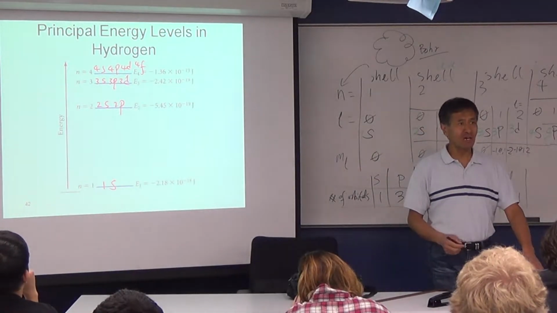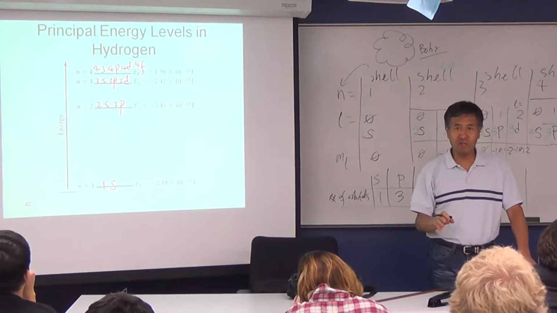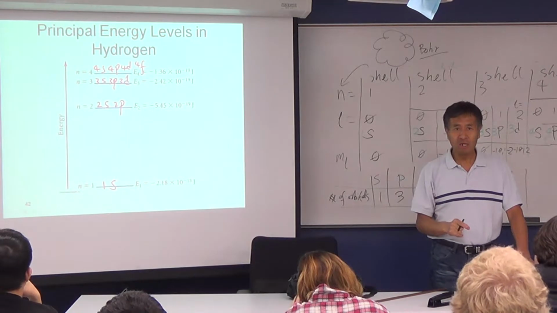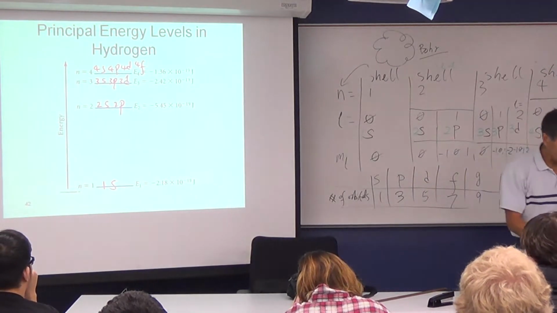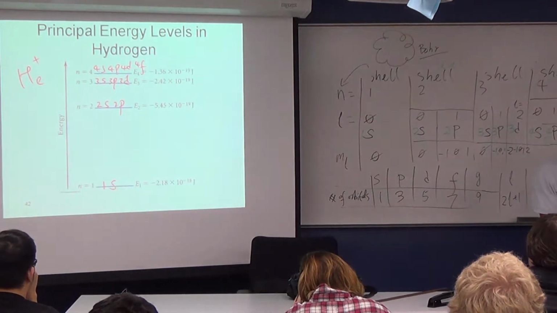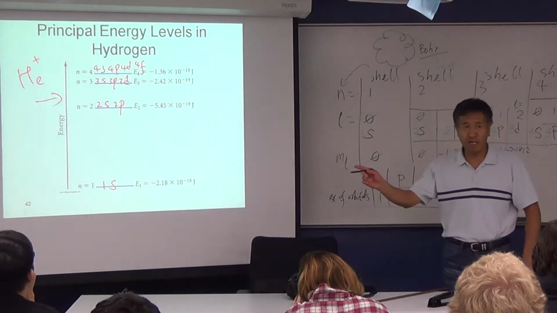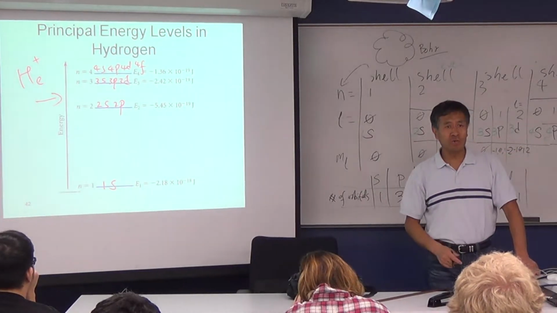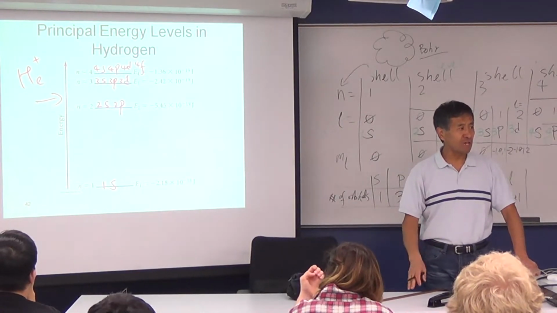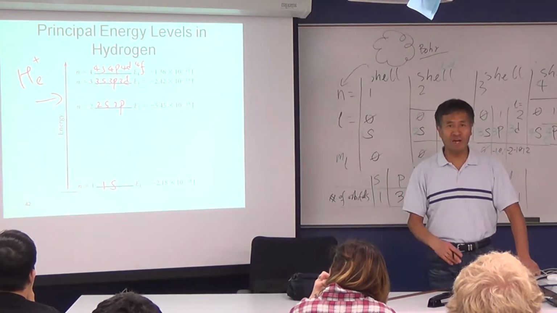So the book will tell you H-like, which means usually you don't worry about how many protons are in the nucleus. Just worry about how many electrons. If you only have one electron, such as the helium 1 plus ion, it will also follow those patterns. Because helium is number 2, that means you have 2 electrons. If you have a plus ion, that means you lost 1 electron. So the helium ion also has only 1 electron.